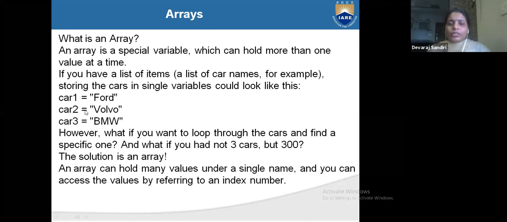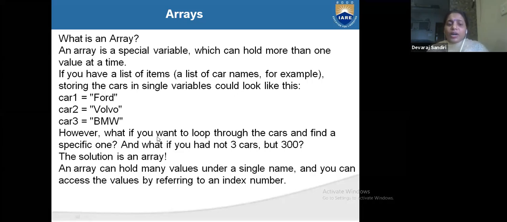It is like a list, and you can use this array as a list also. If you have a list of items, like a list of car names, you can store car 1 is equal to Ford. You can store like this, or you can store 3 cars in one variable also.